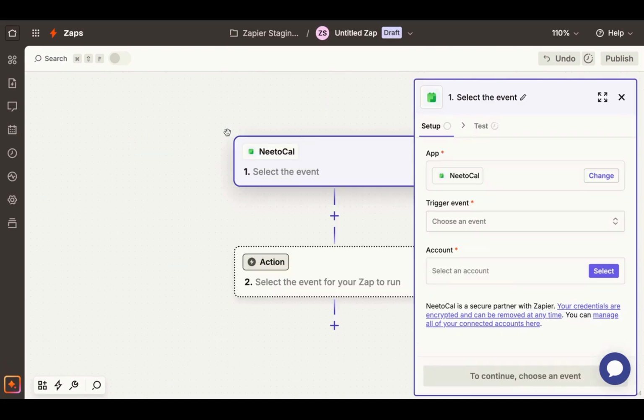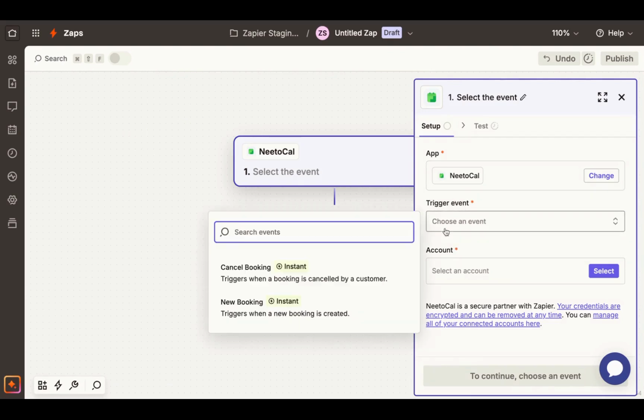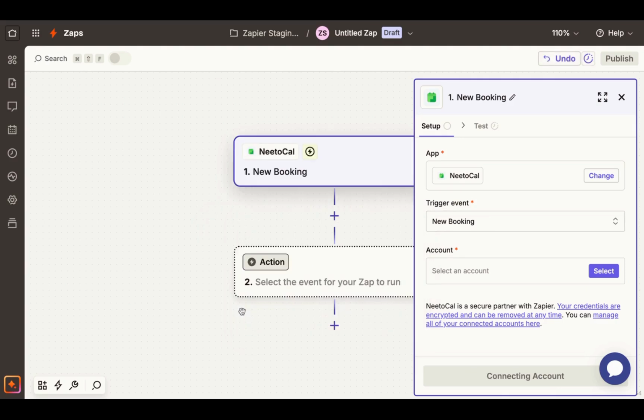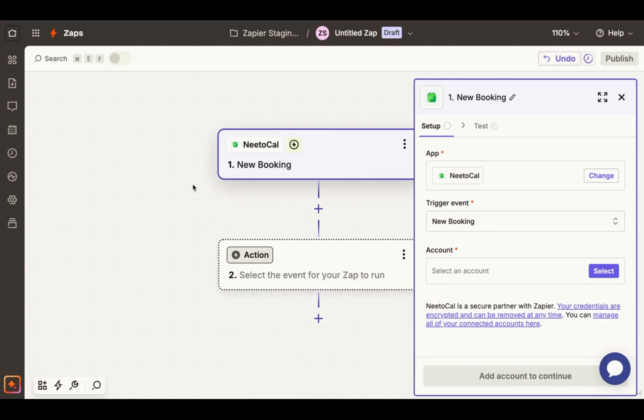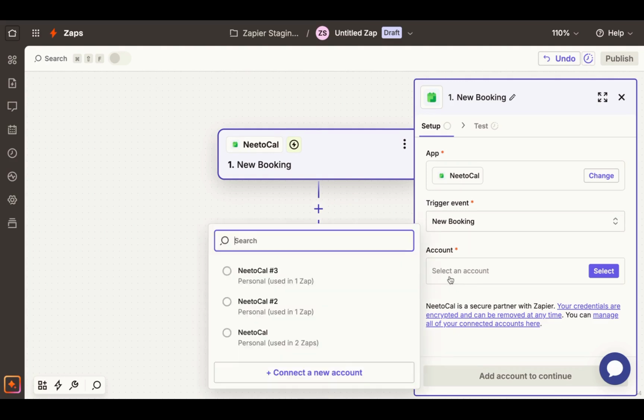In our case, NeetoCal provides two trigger events. One is a trigger event when a new booking is created and another trigger event when a booking is cancelled by a customer. So for demonstration purposes, I shall be choosing new booking event. Now our next step is to integrate our NeetoCal account with Zapier. So clicking on connect a new account,